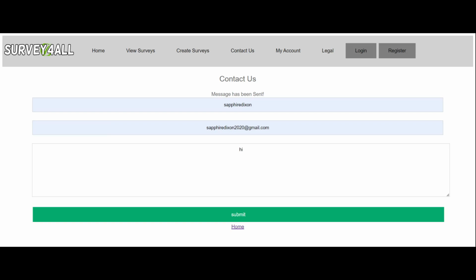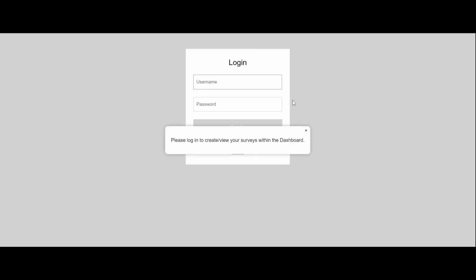Alright, now I'm going to demonstrate how the users' accounts work when it comes to registering and logging into their accounts, where they can view and create their surveys. Within the login page, I have updated it so that users will know that they must log in before they can create and view their surveys within the dashboard. So if I close this pop-up,